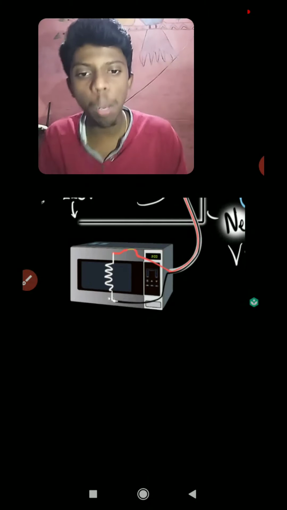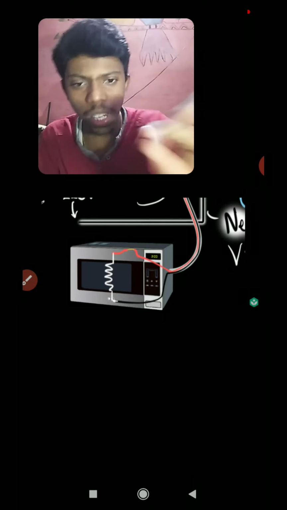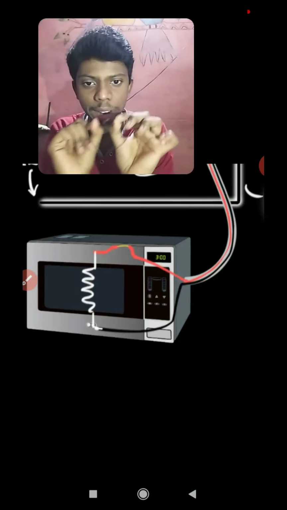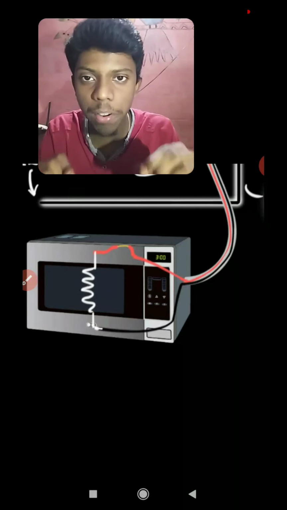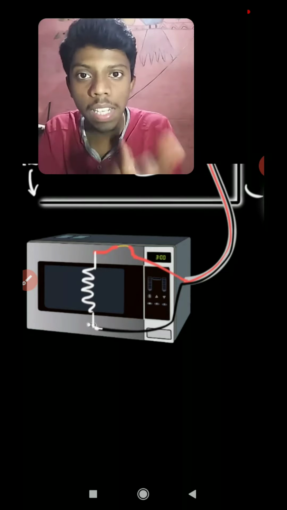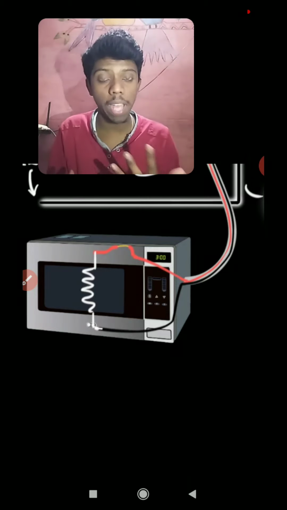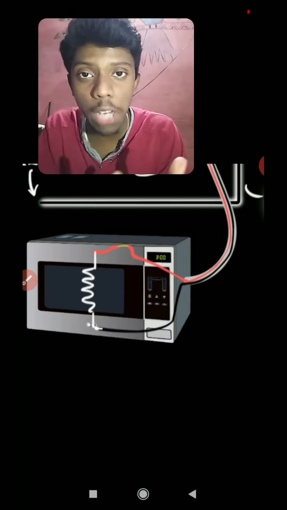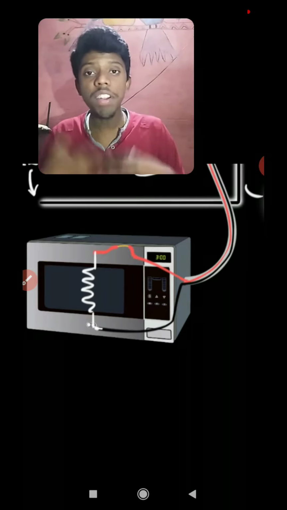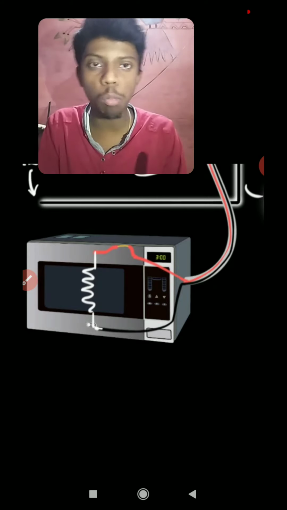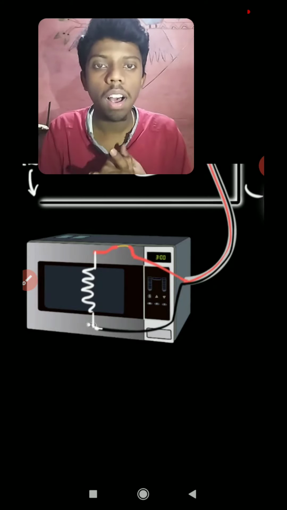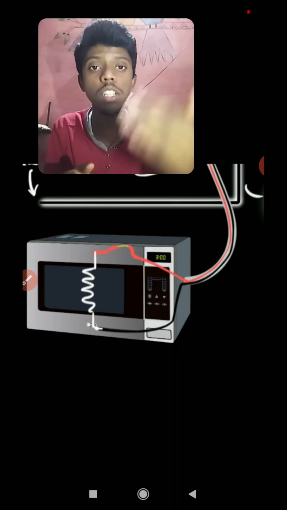You can see a microwave oven. The red insulation cover has been damaged due to some fault condition. What happens if the red insulated wire is torn? The wire is carrying current. If I switch on, what happens? The current leaked from that red insulation cover will pass to the whole metallic body. Since the microwave oven is made of a metallic body, the entire body will carry the charge and give the user a very nasty shock.